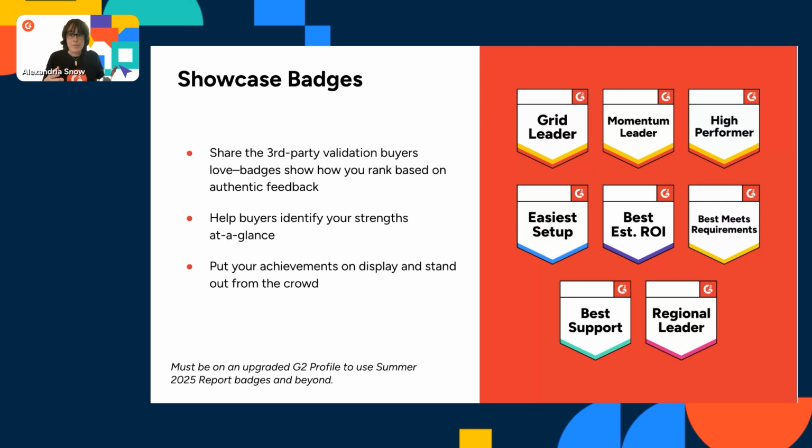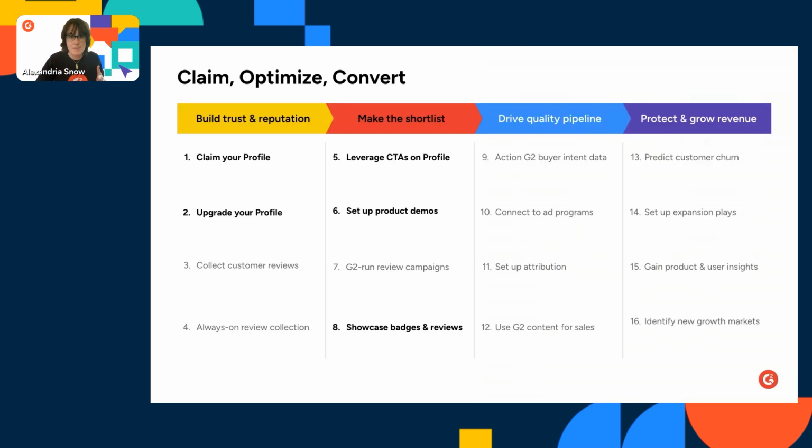When you have your badges and you have access to them, I love to add them to your forms. And I even mean the form that you're clicking over to your CTA. So we mentioned you can add a CTA to your paid profile. Once they click that, you want to continue the thread to show customer validation and trust. And the best way to do that at a glance is including your badges on that form. So I always love not only including badges in your email signatures or in ads, but also on all of your forms that they're filling out to once again quickly demonstrate how you are better than your competitors. Let's go ahead and keep on clicking on.